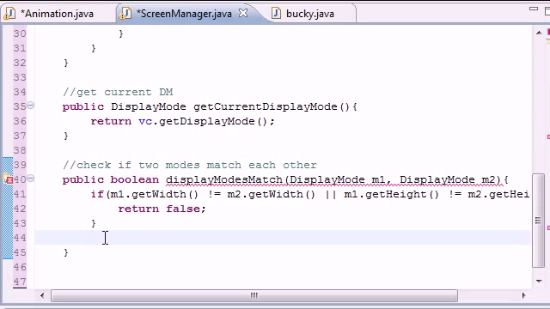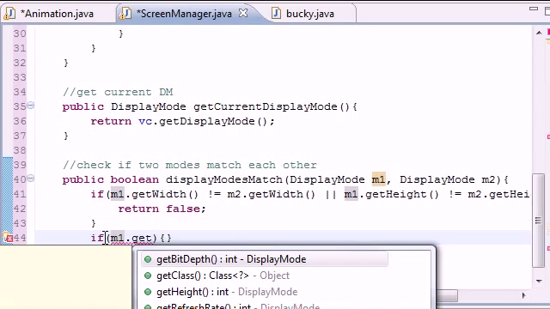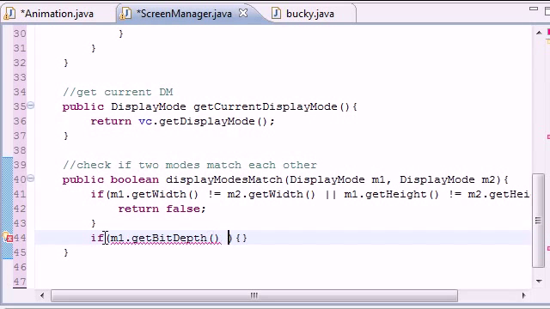We need to make another check for bit depth, and the bit depth is pretty much how many colors it can display. There's a little more to it, but in essence that's what it is. So if m1.getBitDepth is not equal to m2,